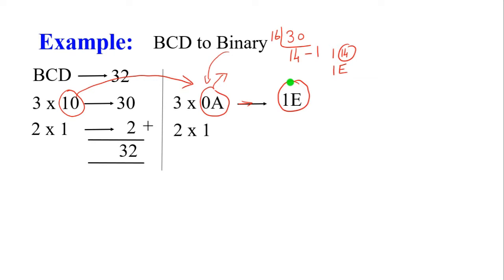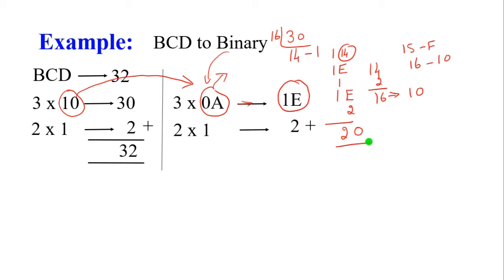Then the units digit is multiplied by 1. The answer is 2. Now we are going to add these two numbers. What is the result? 1e plus 2. E is equal to 14, plus 2, that value becomes 16. What is the equivalent hexadecimal number? The equivalent hexadecimal number is 10. That means 15 is F and 16 is equal to 10. That's why we write 0 here, and the 1 carries, so 1 plus 1 becomes 2.